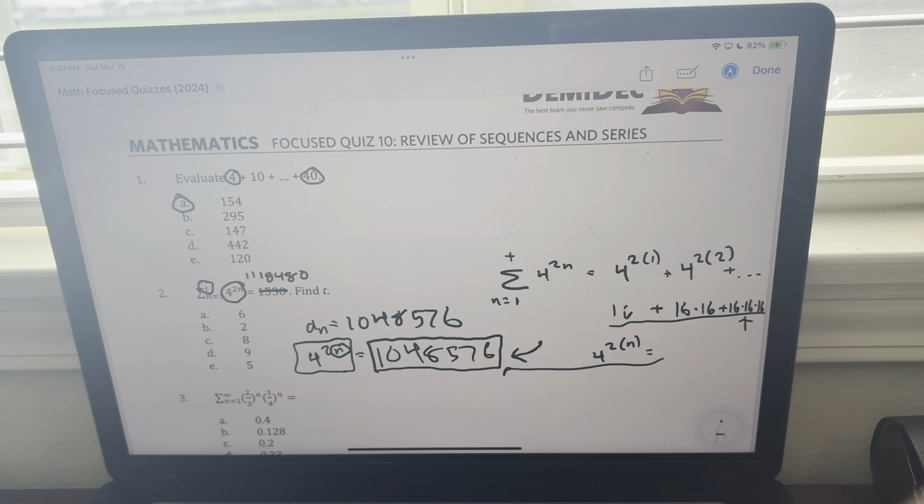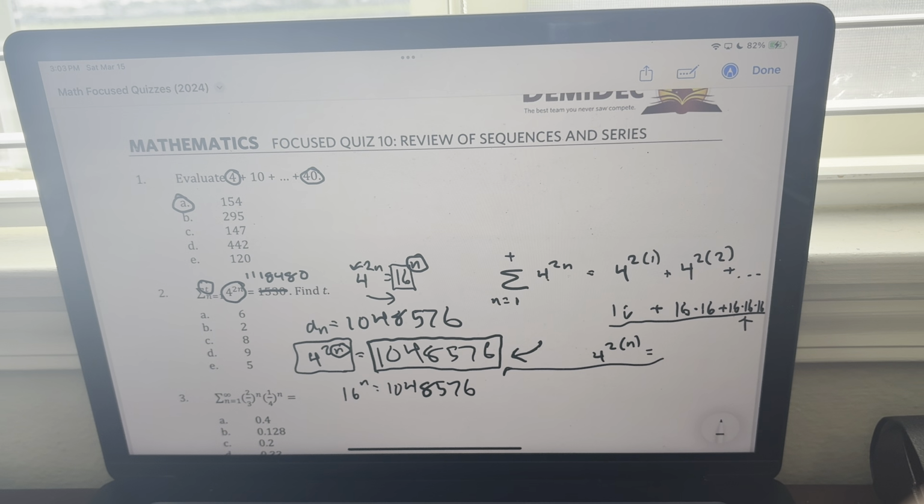So in order to figure that out, we need to do a little bit of algebra here. So if any of you remember what logs are, in reality, this is just 4 to the power of 2n equals 16 to the power of n, because that's our common ratio, remember? And 4 to the power of 2, see how 4 to the power of 2 is 16? And then we just leave the n there. That's what you do when multiplying with exponents. And so we're just saying, well, 16 to the power of what equals